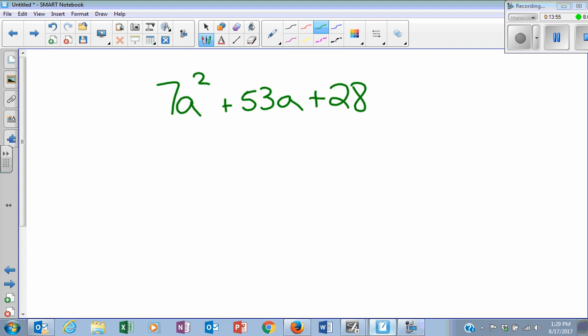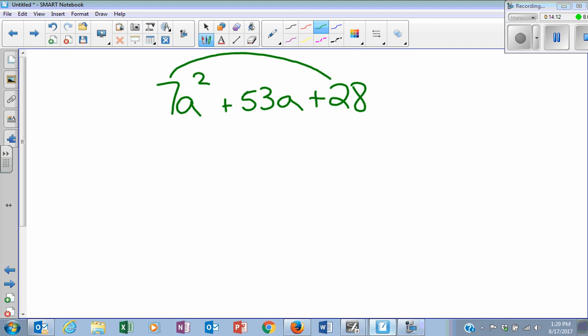What's my first thing I still do? No GCF. 7 doesn't go into any of these. Okay. Next thing, perfect square. 7's not a perfect square. Moving on. No difference of squares. No way. A's not 1. I'm going to do my long way, which I know as soon as I do that, I have to do